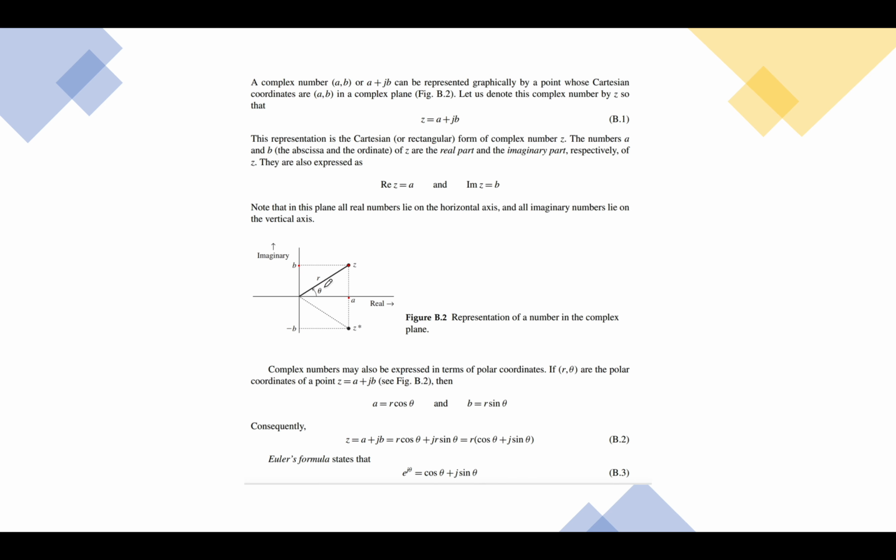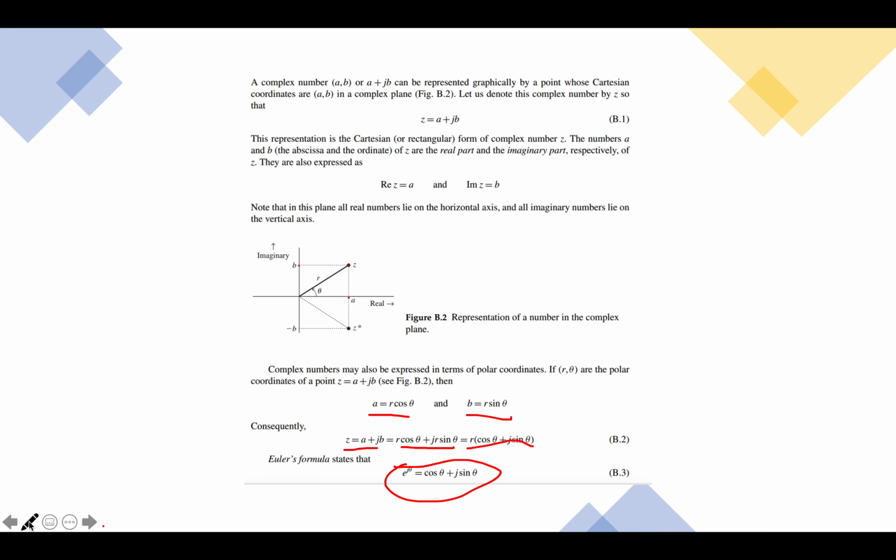So we can also write this in what is known as polar form, but you'll notice if you look at the rectangular coordinates and you relate those to r and theta, that A is equal to r cosine theta, and B is equal to r sine theta. So as a consequence, if we write z is A plus jB, and we substitute with r cosine theta and r sine theta, then we find that we have the following form in terms of r and theta. Applying Euler's formula, e to the j theta is cosine theta plus j sine theta. So if we apply Euler's formula,